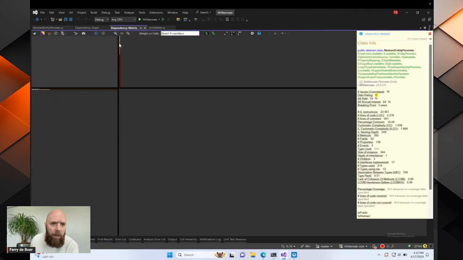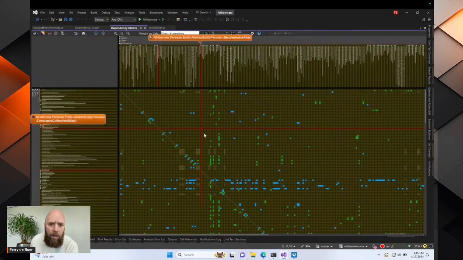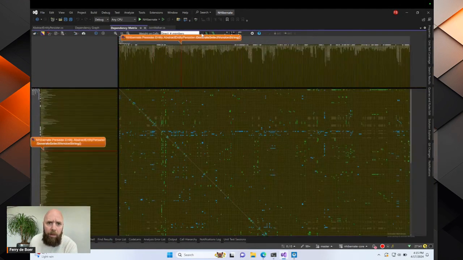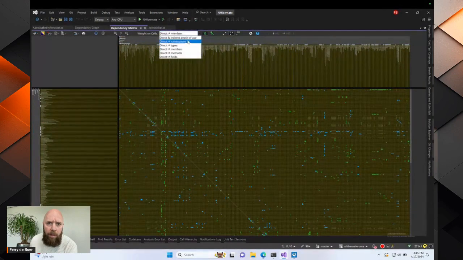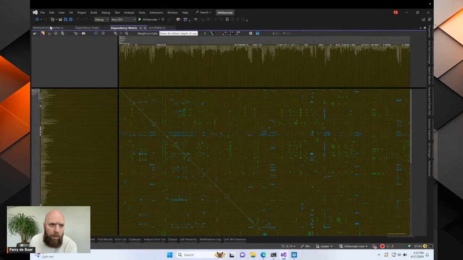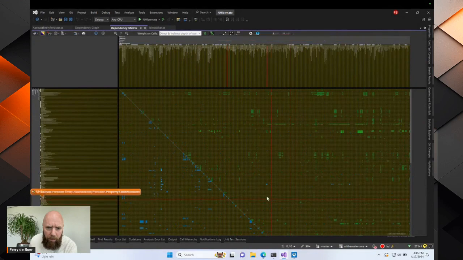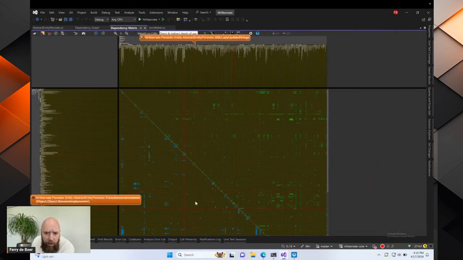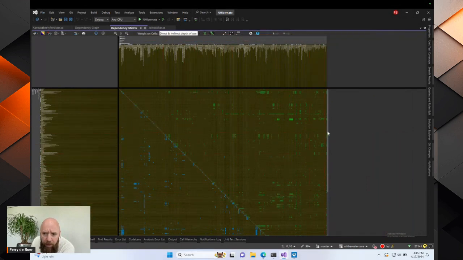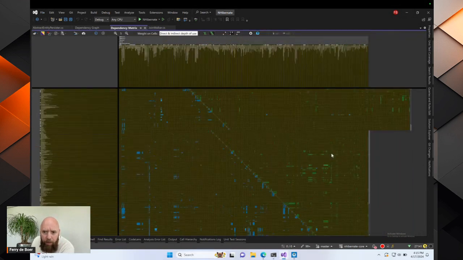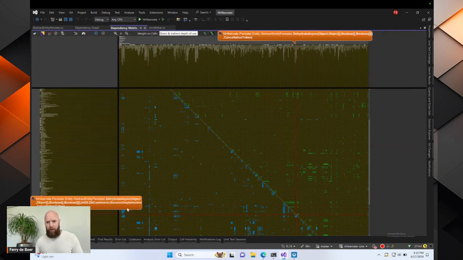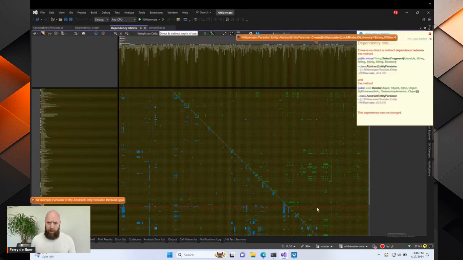But what you'll see here, and let's just do it with all the members, direct and indirect, is that you start seeing clusters appear as well. And there is a set of fields that is used by many